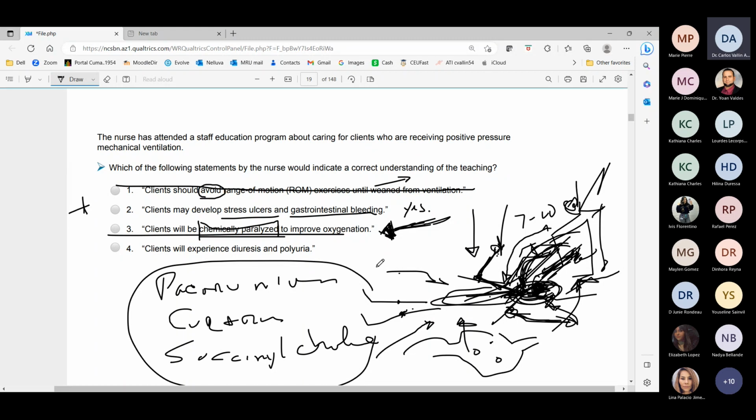That's the reason paralyzation could be used in an extreme situation, but it is the exception, not the routine. So definitively, I don't agree with this option because it's not the usual